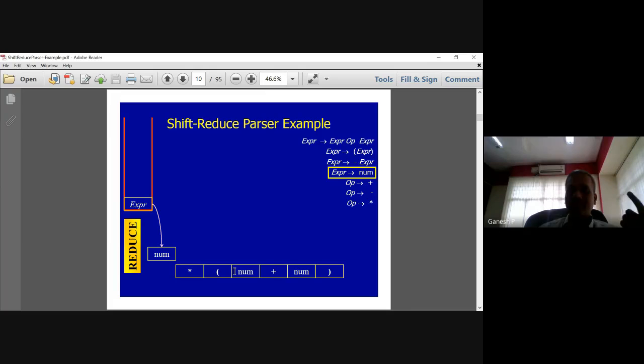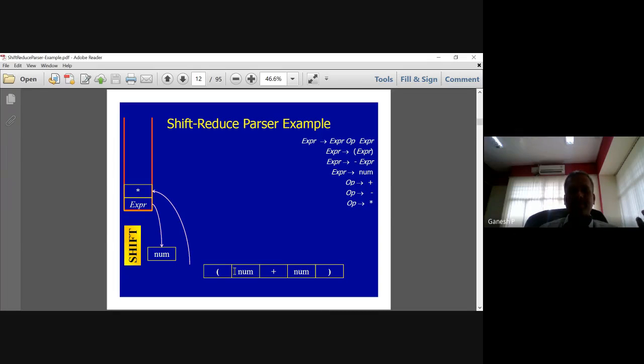That means every input we have is getting converted in terms of the grammar, because once you convert it into the grammar, we can map it as per the grammar rules and say whether it is valid or not. So input is reduced into the names of the grammar. Now after num is over, what is next in the pipeline? Star. Star needs to be pushed into the stack, that is shift. So star is shifted now.